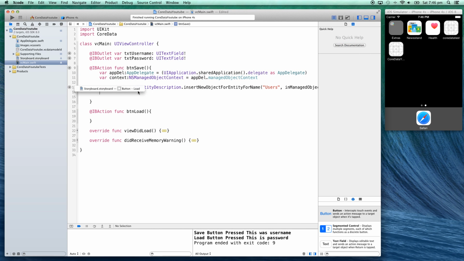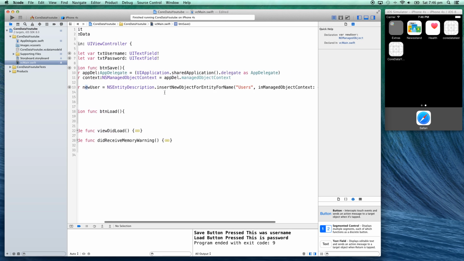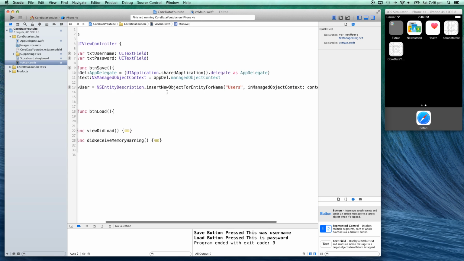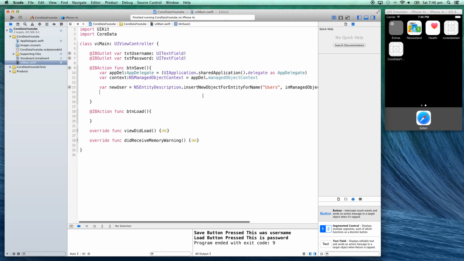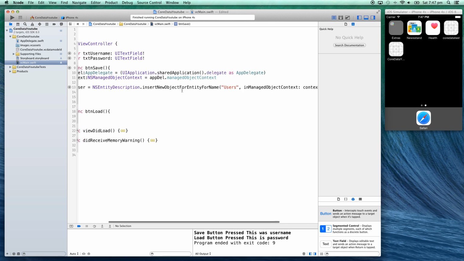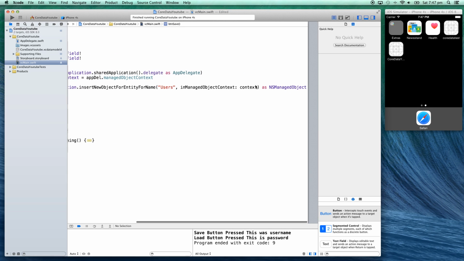So that gives us a, oh, that's weird. Why have we got a storyboard linking to that? That's strange. I think Xcode might be having a bit of an issue there. That's fine. Anyway, so now we've got this NSEntityDescription that's being created for us, and it basically